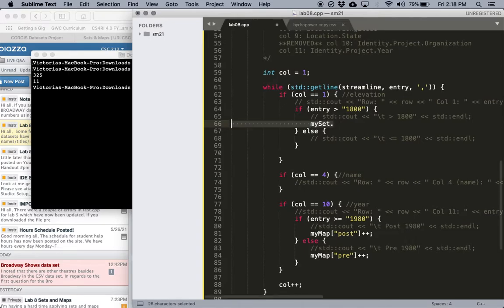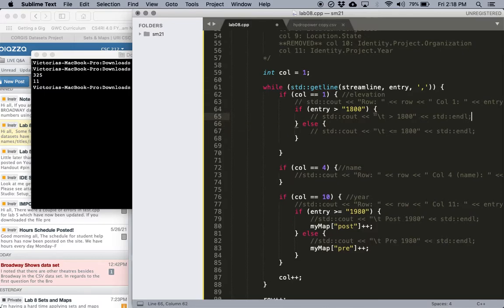So in this case, and this will be different for some of you, some of you will have the unique identifier as one of the first columns. Some of you will have it after. If you have it as one of the first columns, you can keep track of it and then use it to insert it into your set. In my case, because column 1 gives me the elevation, which is what I'm comparing, and column 4 gives me the name,